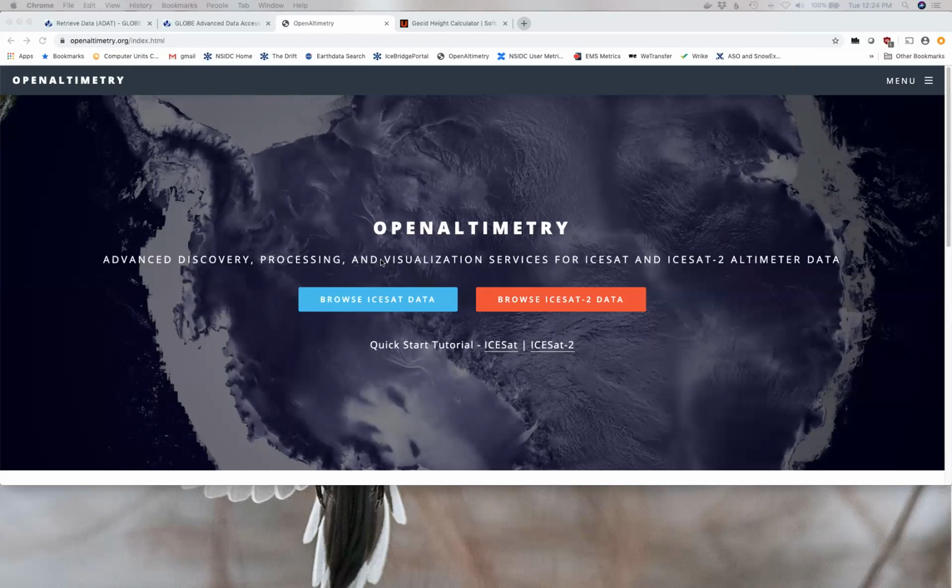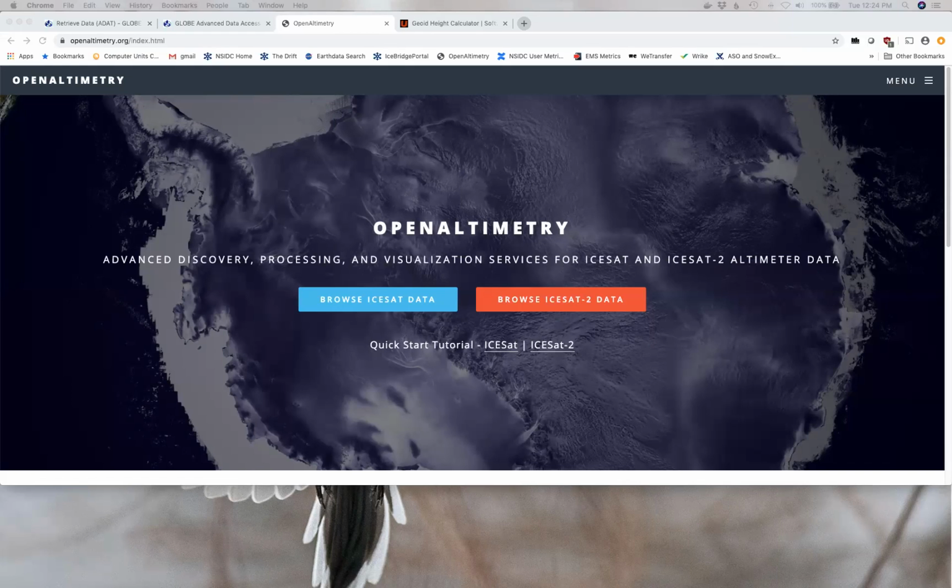Alrighty. As Brian mentioned, I work with the National Snow and Ice Data Center in Boulder, Colorado, where it's currently about 40 degrees Fahrenheit, a little over 4 degrees Celsius, and sunny. I'm going to sort of buzz through my introduction to Open Altimetry and getting around using the data that's archived